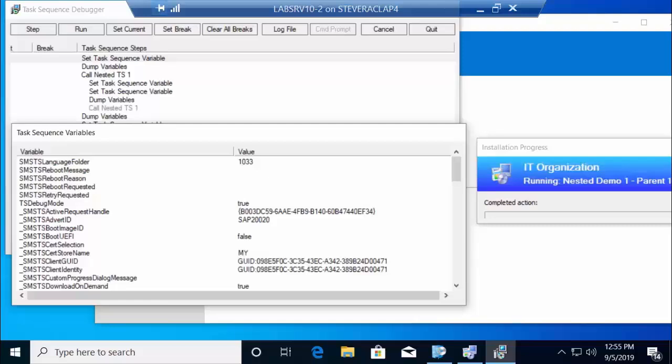It used to be that I would discuss using a script inside of your task sequence to dump variables at a different location. In fact, the nested task sequence that you see is dumping variables at specific locations just to prove how things persist and so on. But here, you don't need to do that. You just run the debugger. You can see them all and know exactly what's happening along the way. And it's a really, really cool addition. All right. So